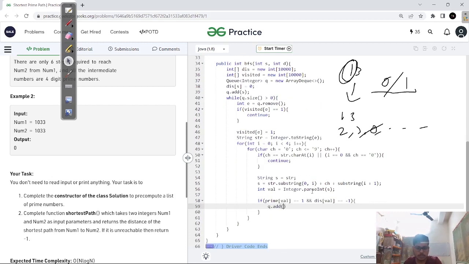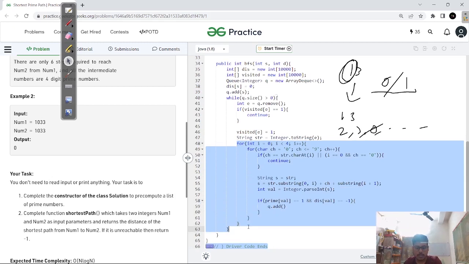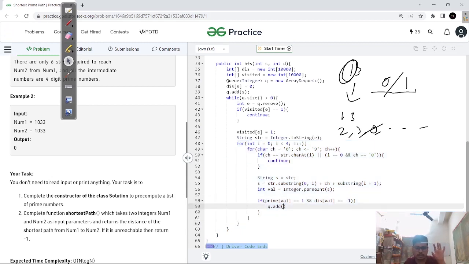So this portion is about the breadth, right? So covering all the breadths and adding them into the queue if they are my actual answers. So what are the actual answers? It has to be a four-length number, and it has to be a prime number. Okay, right? So I'll add this value,